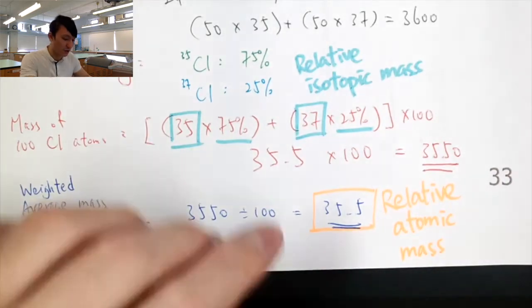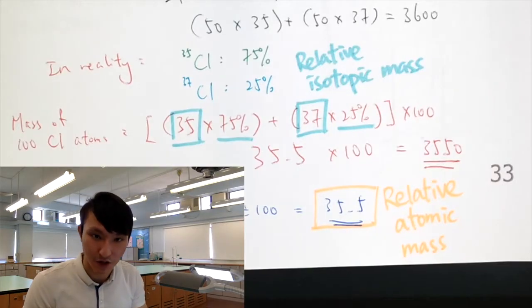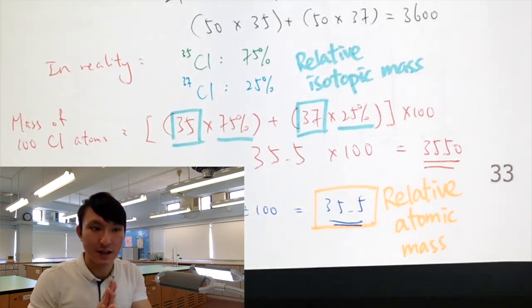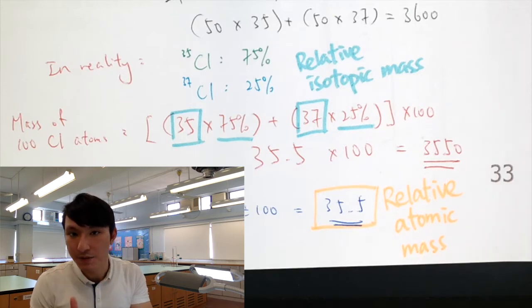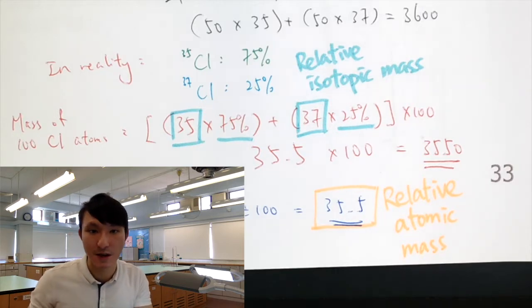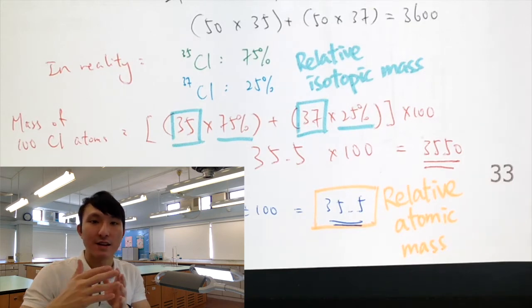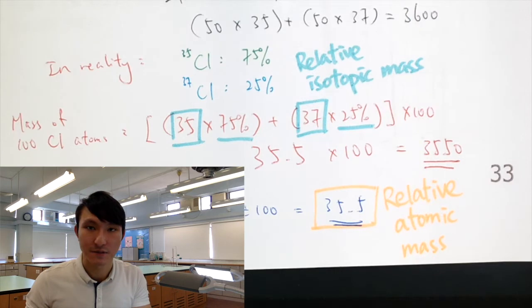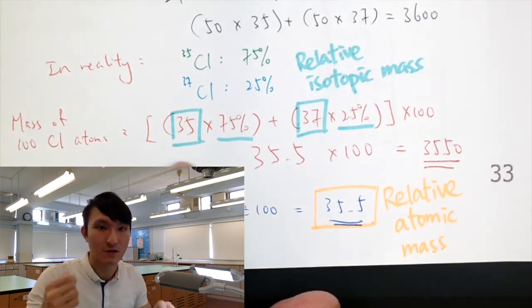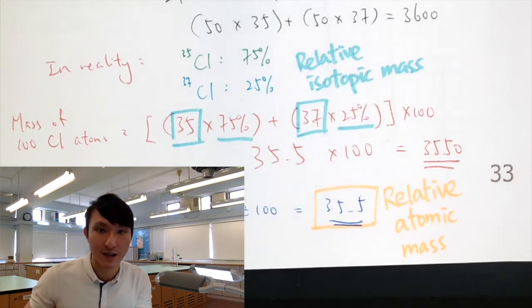So make sure you know these two terms. As a quick conclusion, we say that elements exist in various isotopes. Different isotopes have different mass, and they also exist in different percentage. So if you're asked to find out the mass of a particular sample, we want to look into each isotope and their relative abundance. So to calculate the relative atomic mass, or to calculate the mass of that particular sample,